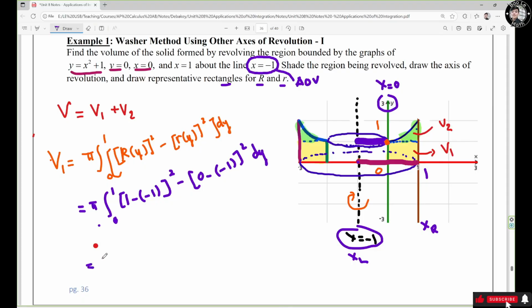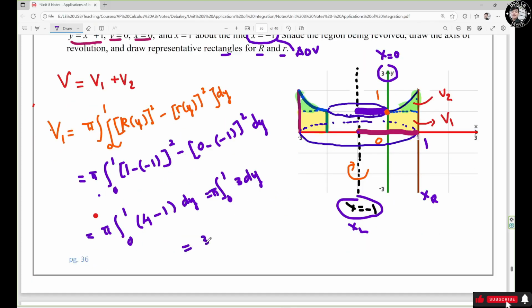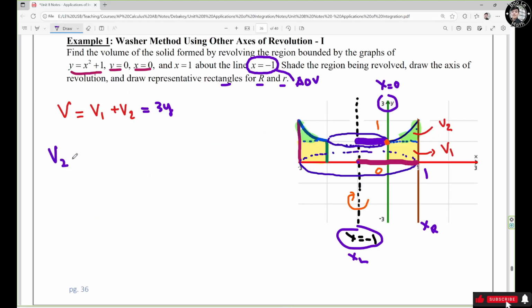Then it's going to be pi, the integral from 0 to 1 of 4 minus 1 altogether dy, right? So it's going to be pi times the integral from 0 to 1 of 3 dy. 3 pi times y evaluated from 0 to 1. So the answer is 3 pi. Right, now V2 equals